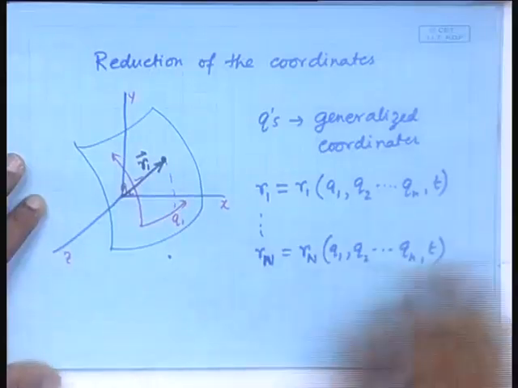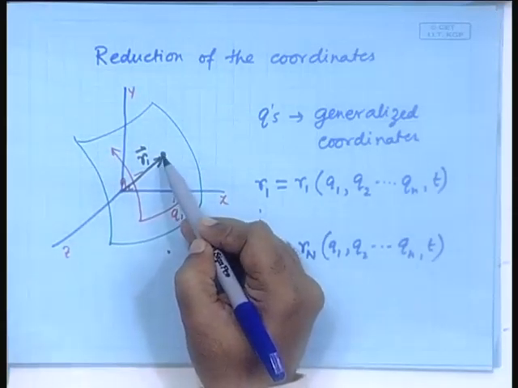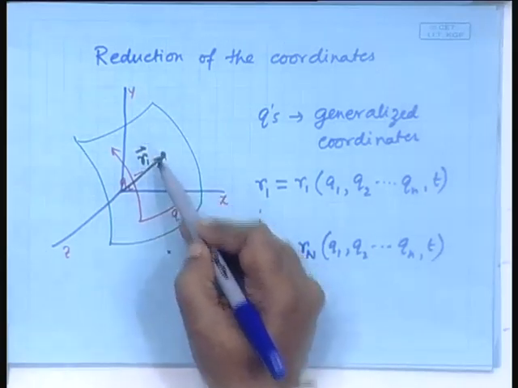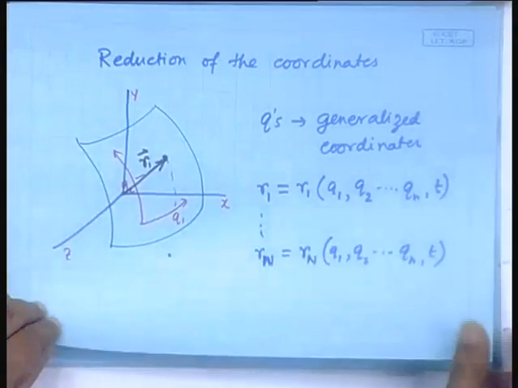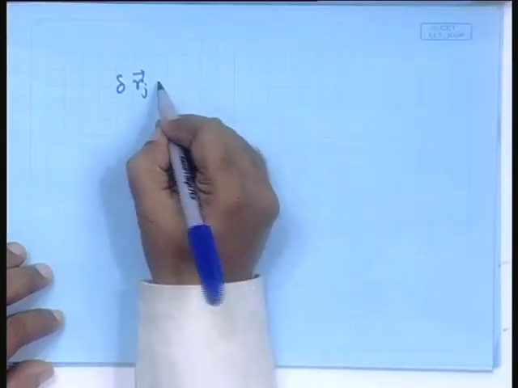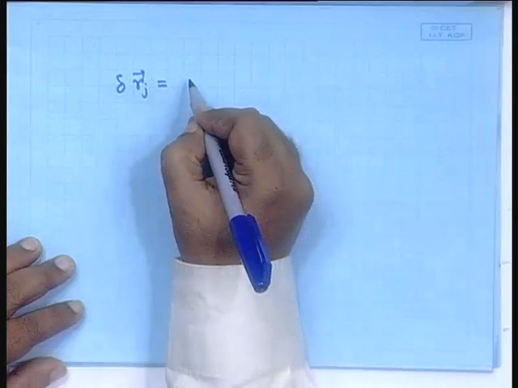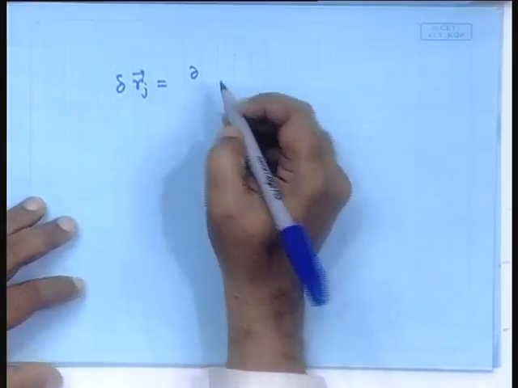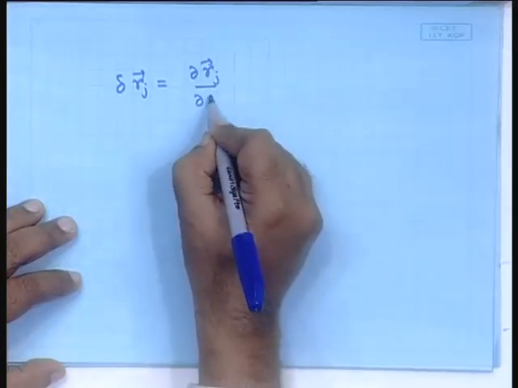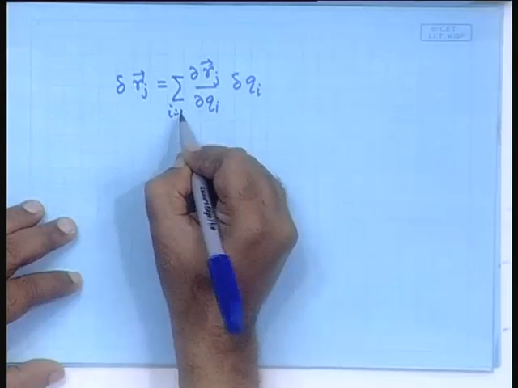Now, let us get back to this picture. This was the position r of a body. If I ask you what is its admissible motion, its admissible motion is on the surface. So, your admissible motion delta r j now has to be on the surface, and that has to be expressed in terms of the new coordinates. And how would you express that in terms of the new coordinates? Exactly the same way. We will say that this is del r j del q i times delta q i summed over i is equal to 1 to n,